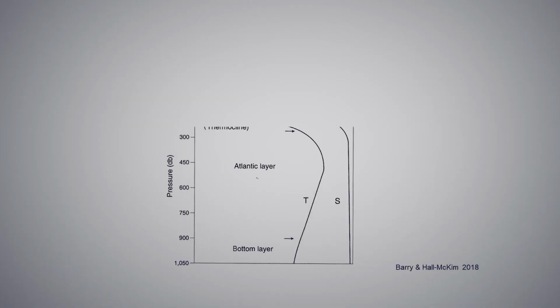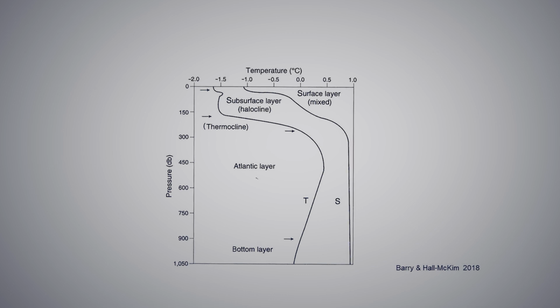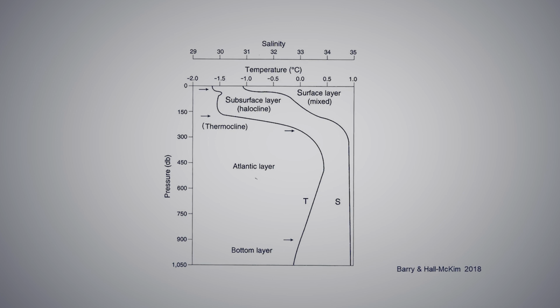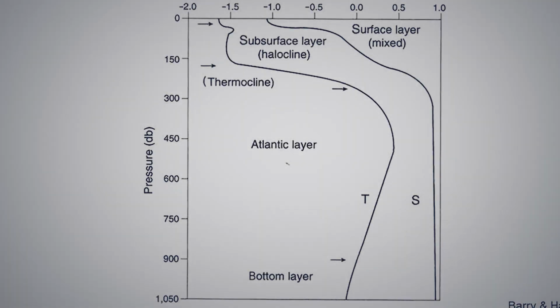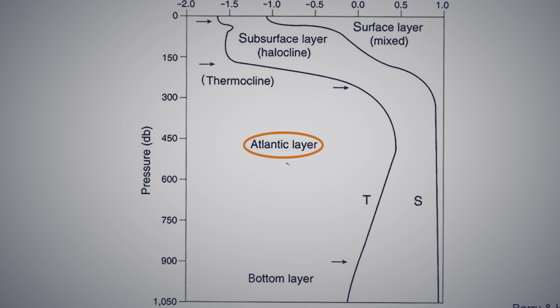And so one way of understanding what might control nutrients is the temperature and salinity of seawater. And in the Arctic Ocean, you also have to think about the layer of ice that exists on top of the ocean, which does have an influence on the vertical structure. But two factors that we look at as oceanographers are temperature and salinity. And so in general, the Arctic has very cold surface water temperatures. And as you move through the water column, so move deeper into the ocean, we encounter a slightly warmer layer